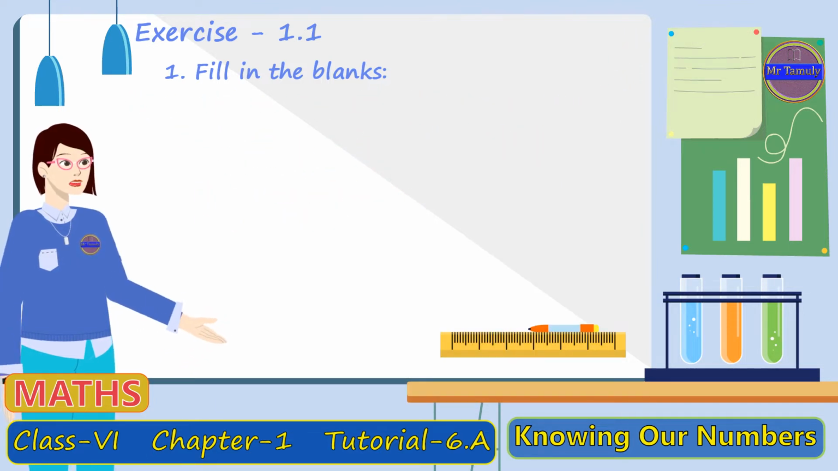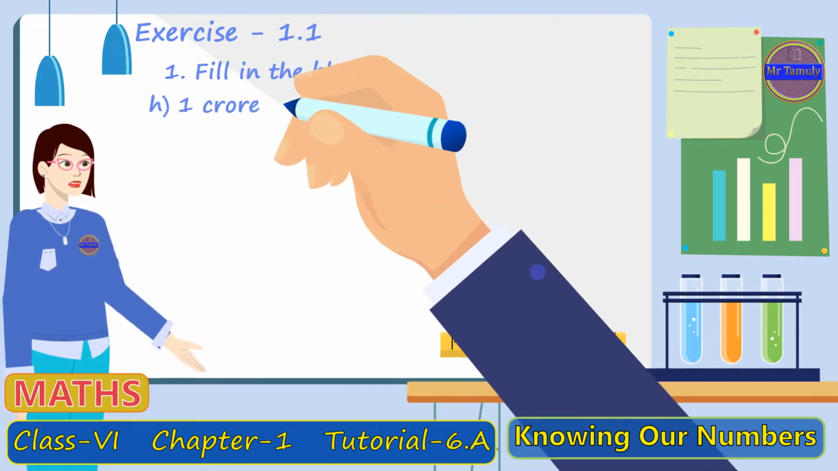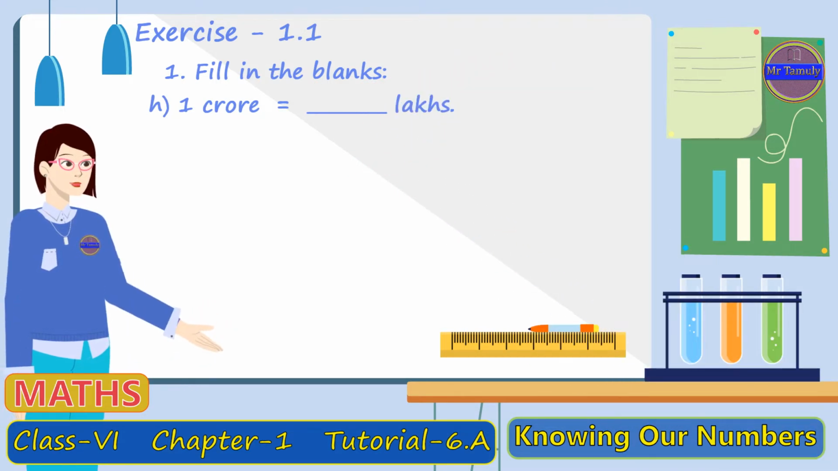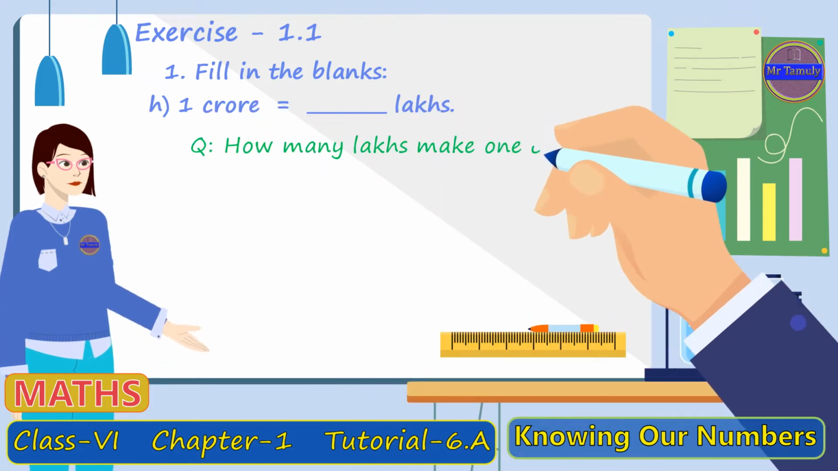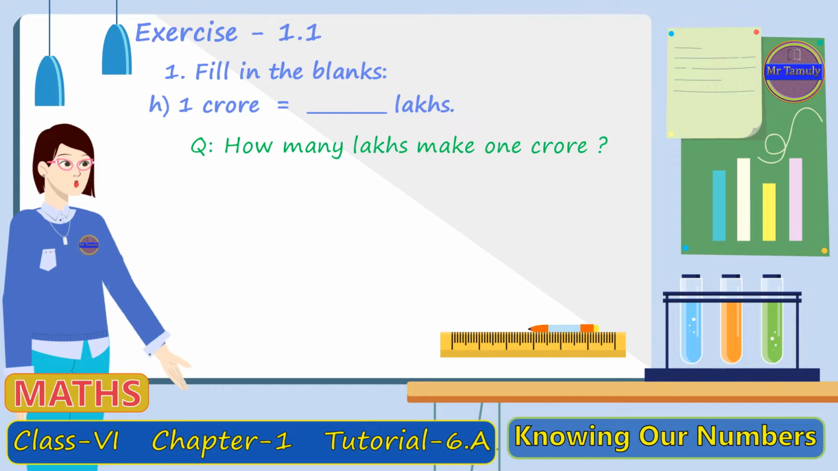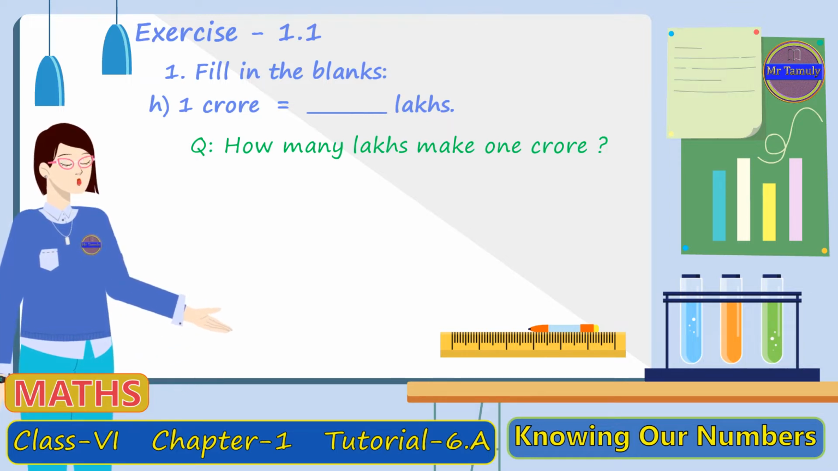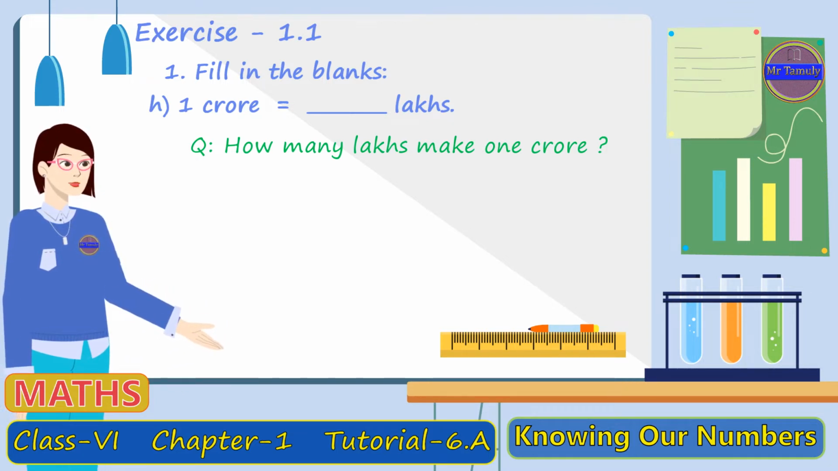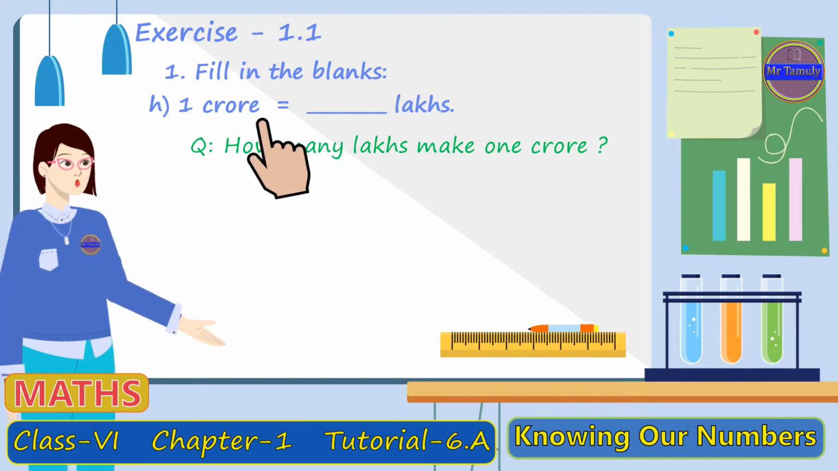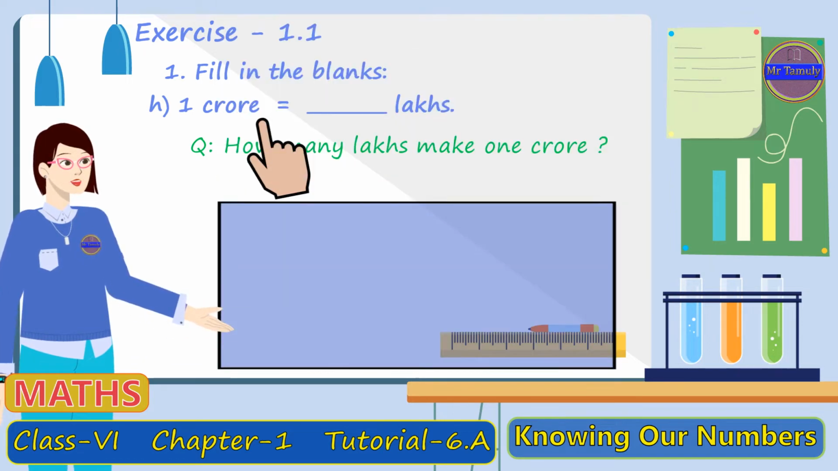This question is not there in the exercise 1.1. The question is, 1 crore is equal to blank lakhs. What is being actually asked here is, how many lakhs make 1 crore? Like solving the previous two questions, first we shall write in numerals the number that we have on the left hand side of the equal to sign. The number is 1 crore. So we shall write